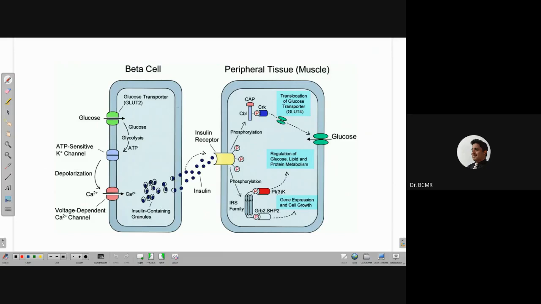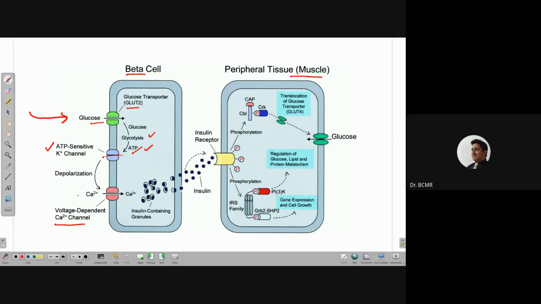Normal cells: this is the beta cell in the pancreas, and here is the target cell, usually the skeletal muscle cell or the liver. The beta cell has GLUT2 transporters, so the glucose after a meal mixed in the blood is sensed by GLUT2, and GLUT2 increases glycolysis and ATP. The ATP by ADP ratio is increased, which will activate the ATP sensitive potassium channel, because of which a lot of potassium will move,